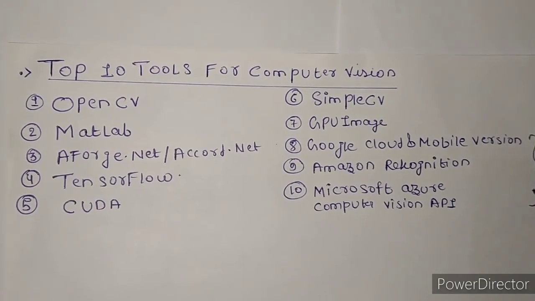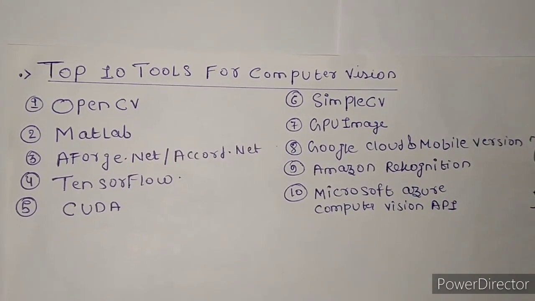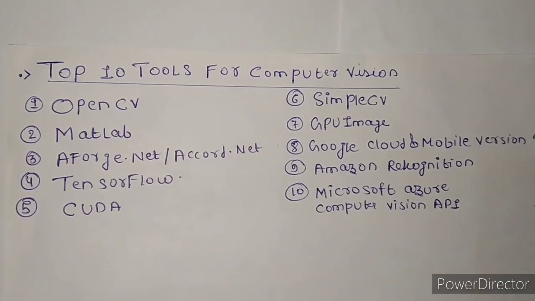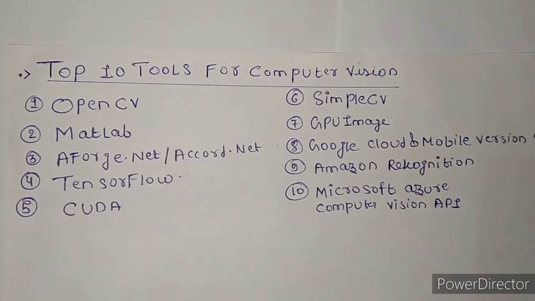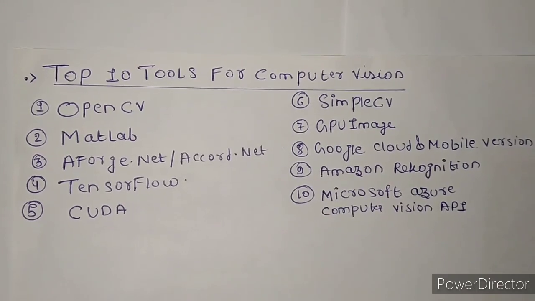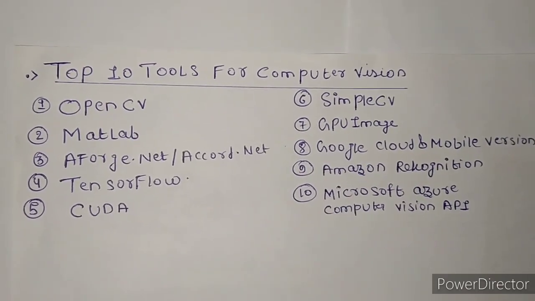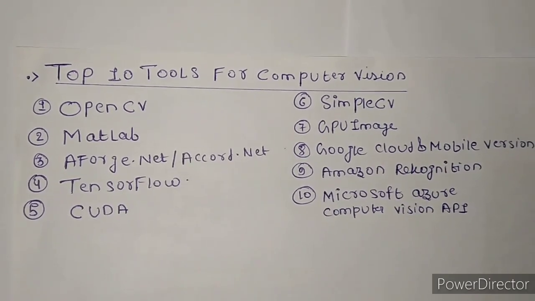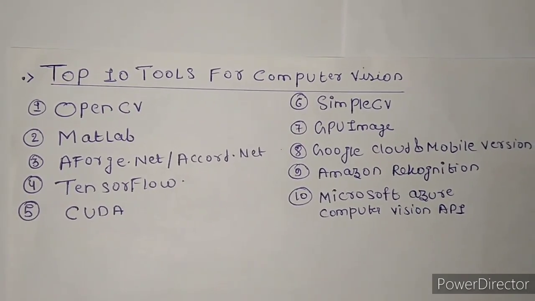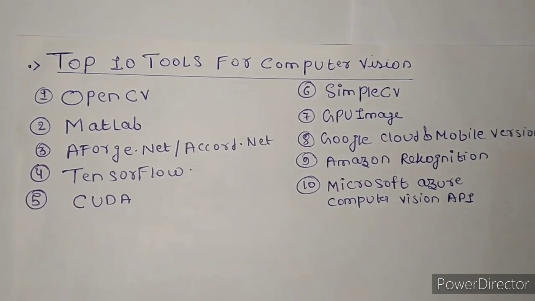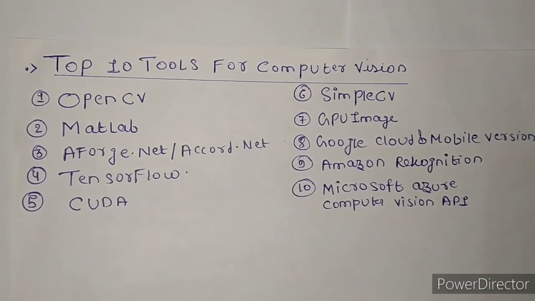Today I will tell you about the top 10 tools for computer vision. The adoption of computer vision has steadily picked up the pace over the past decade. Due to COVID-19, this sector has increased exponentially, whether it is a project for face mask detection or to calculate the physical distance between many persons. So basically it is implemented in fields like healthcare, security, and management. So without wasting much time, let me directly jump into the top 10 tools for computer vision. So let's start.